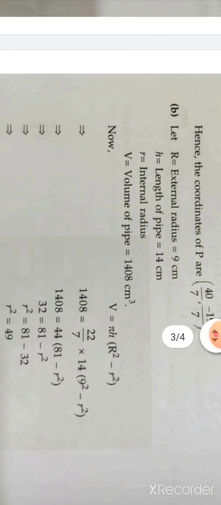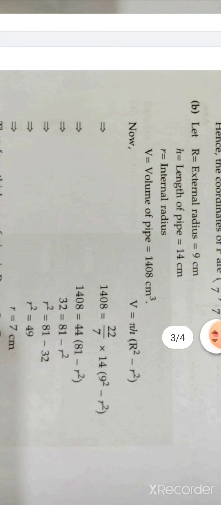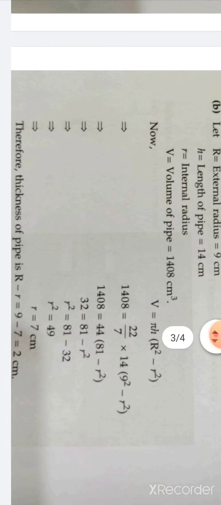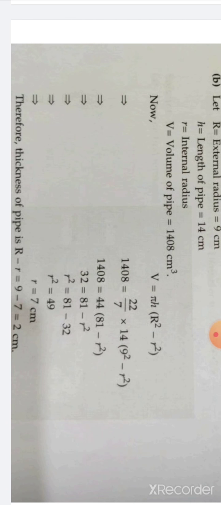See the solution. So R, the capital R, is the external radius, which is 9 centimeter. The height or the length of the pipe is 14 centimeter. Small r is the internal radius. Then volume is given as 1408 centimeter cube. So substituting the formula for the volume, V is equal to pi (R square minus r square) h. Here this is a hollow cylinder and we want to find the thickness, that is why R square minus r square. So volume of pipe is